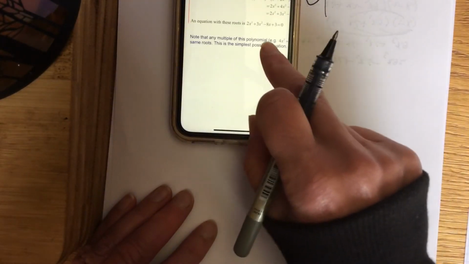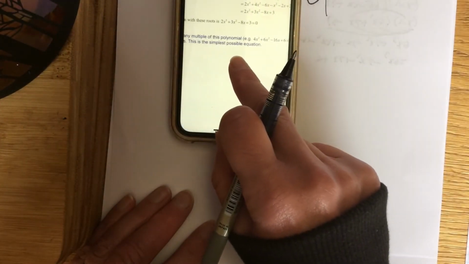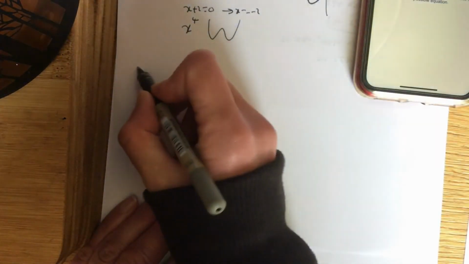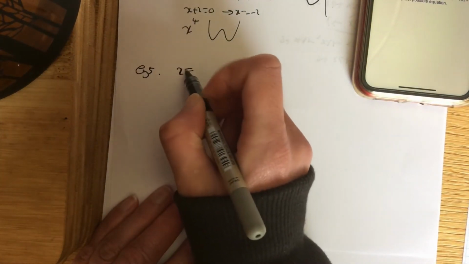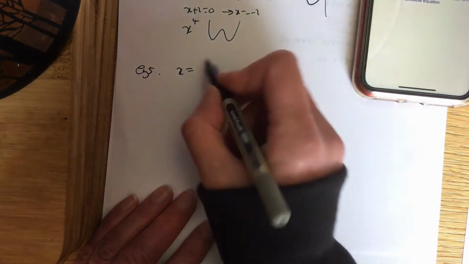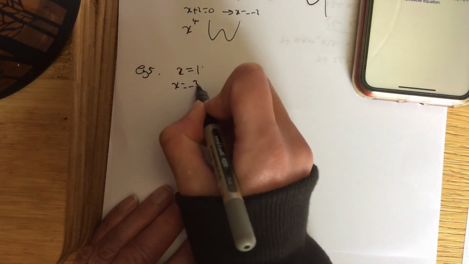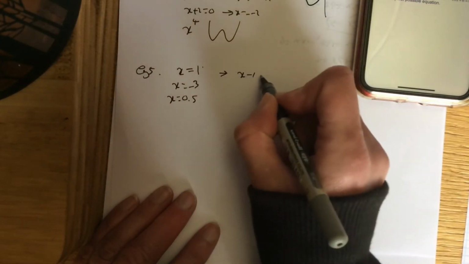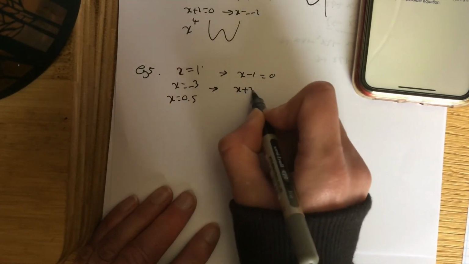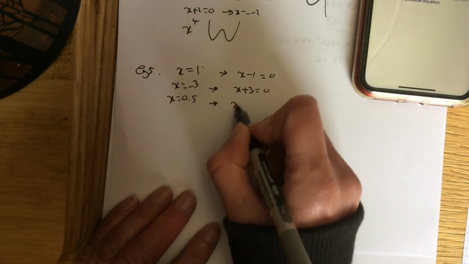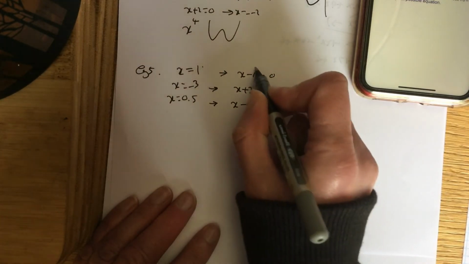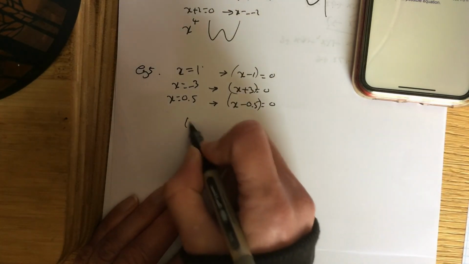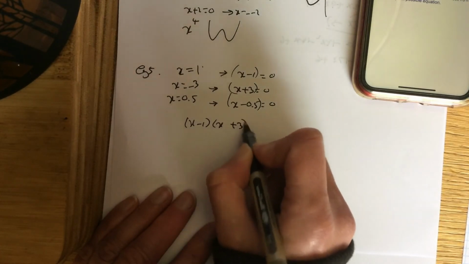And the next wee bit is find a polynomial which has roots. These are awkward wee ones, but I'll take you through how you do it. So you've got an example 5. The roots x equals 1, x equals minus 3, and x equals 0.5. I'm going to work backwards. I could say that as x minus 1 equals 0. I could say that as x plus 3 equals 0. You know, just bringing the numbers on the other side. I can put brackets in those. If I combine all of those, just working backwards,